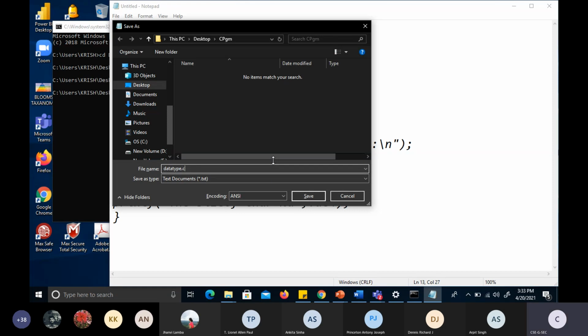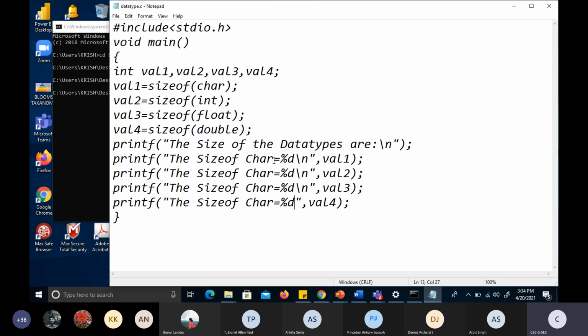It will store with the .txt extension. So to enforce that it is correctly saved with the .c extension, you put double quotes around the entire file name including .c, and then click save. Automatically your file gets saved in that location.